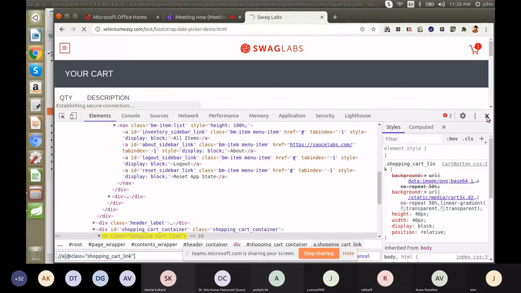So this is a practice website. You can go and automate the practice sites.